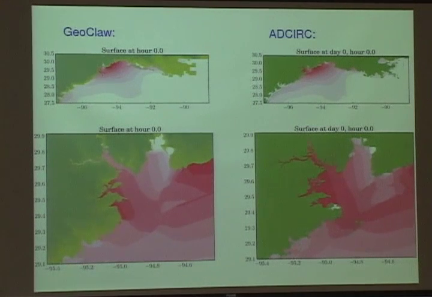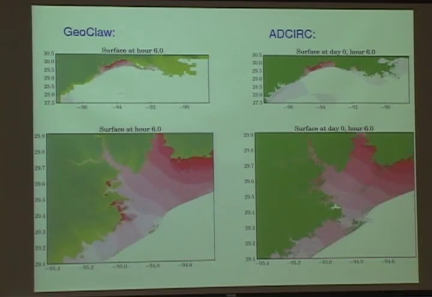As it's hitting shore here, you can see the storm surge, which is a very long wavelength wave that's built up primarily from the wind forcing at the surface. And you can see that they're getting reasonable comparison between the two. Here at 6 hours, the main features are quite similar, although there are quite a few differences in these smaller channels, which is, again, largely a matter of the friction factors, we think.